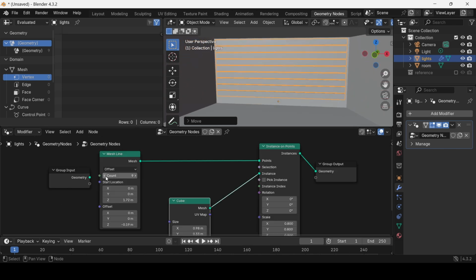To create the light effect, we're going to play with the count. So if we start from 1, and then we'll just go to 2, 3, 4, you can see that it's already giving us that effect, which is basically how the animation was done. Alright, so if I come to my